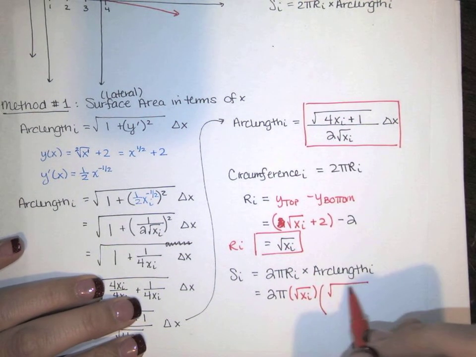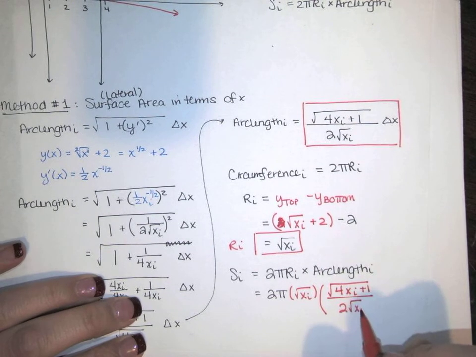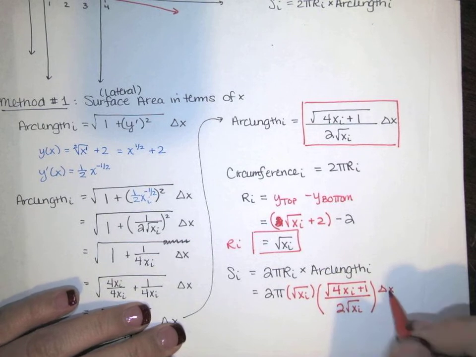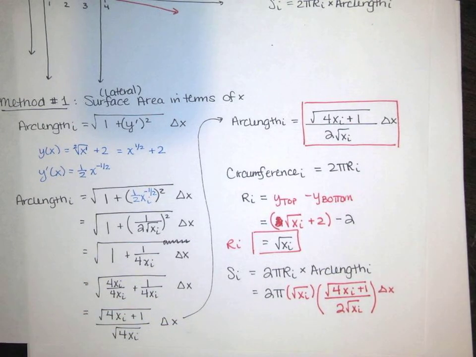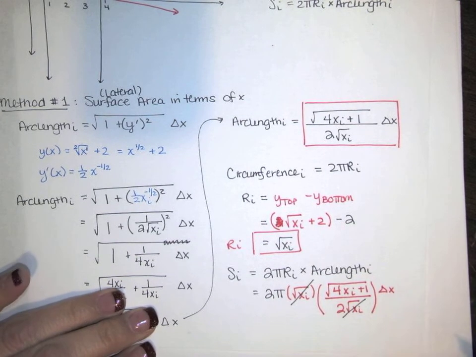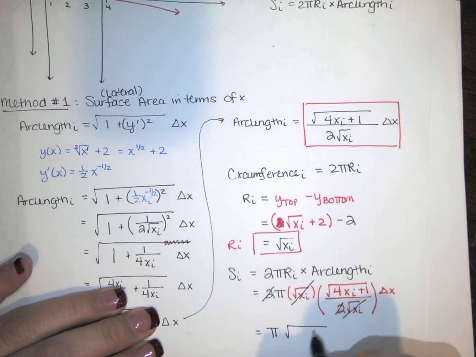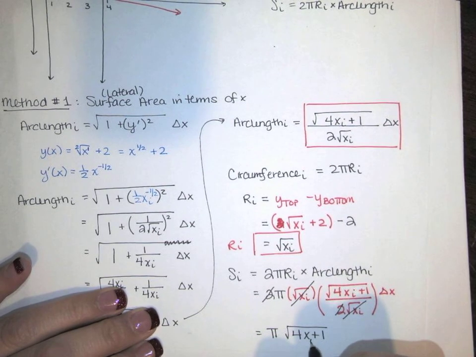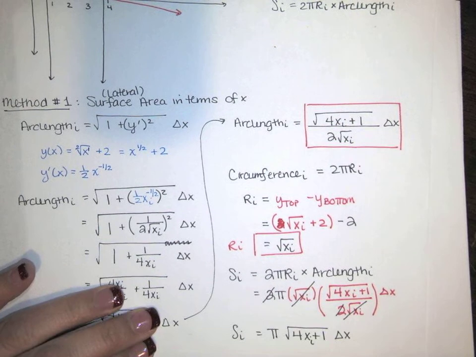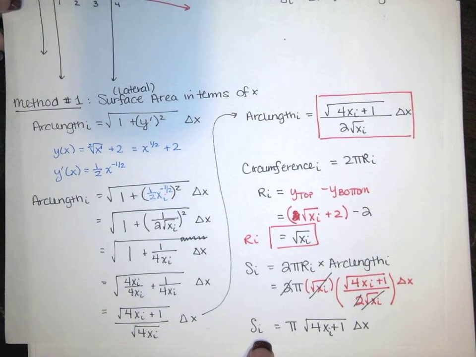So we've got square root of 4 x sub i plus 1, all divided by 2 times the square root of x sub i. Oh, that's nice, guys. See it? Don't forget your delta x. That's part of the arc length as well. Look what happens. Those square roots reduce. Very nice. The 2's reduce as well. So we just end up with pi times the square root of 4x plus 1, that's the ith x value, times delta x. And that is easy to integrate. So if I want the surface area of this thing in terms of x,